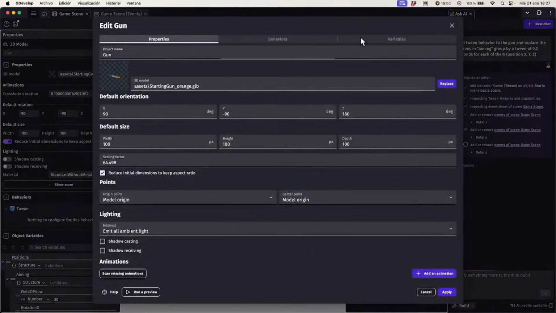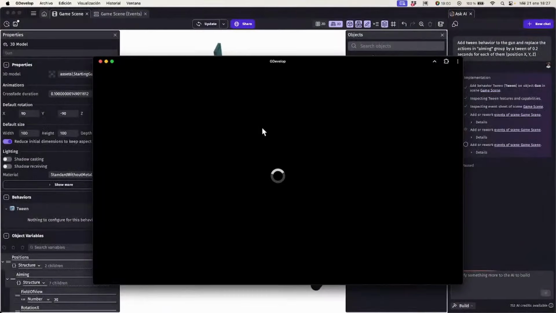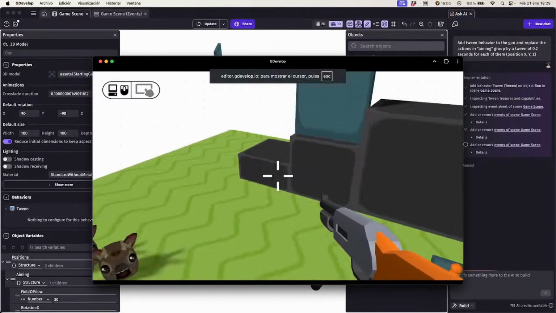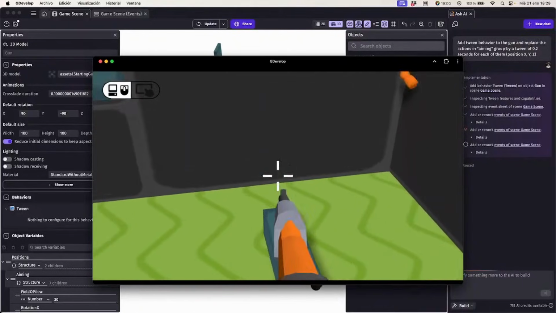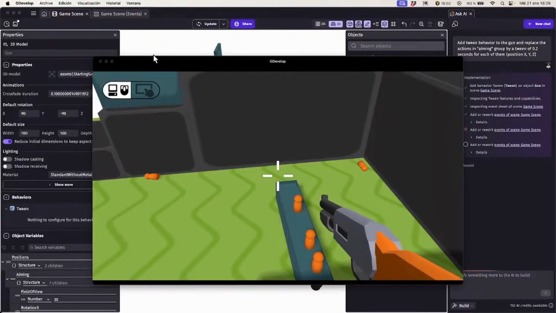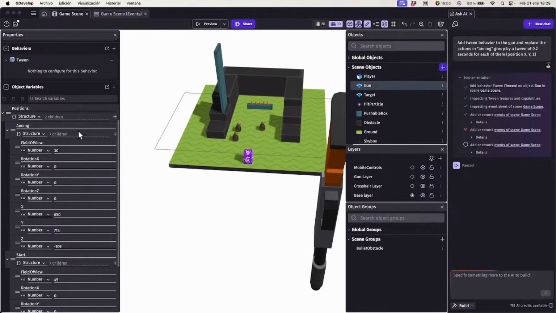Let me check the default value. That should be 45. Yeah, that's better. So you can see that now it's smoothly zooming in and out. Not a huge change. The advantage of what we've done is you can now quickly change this by changing the